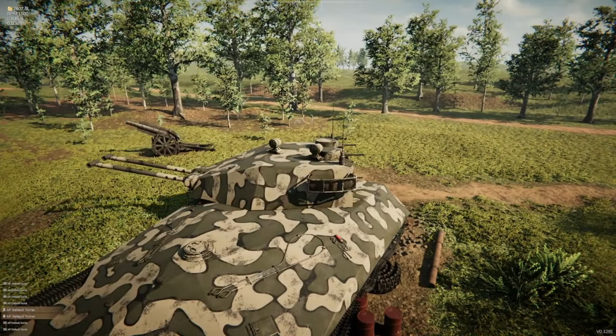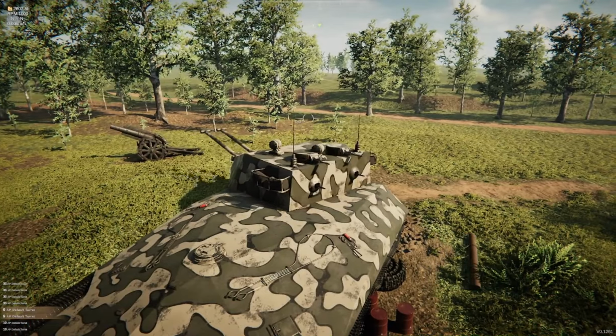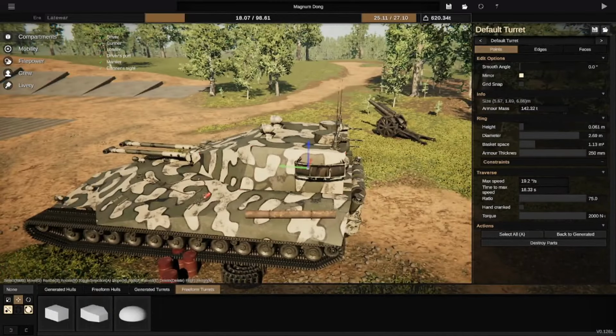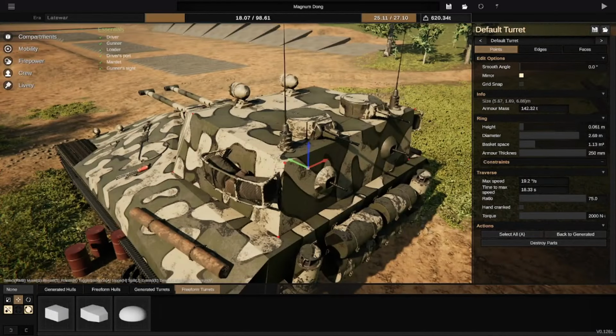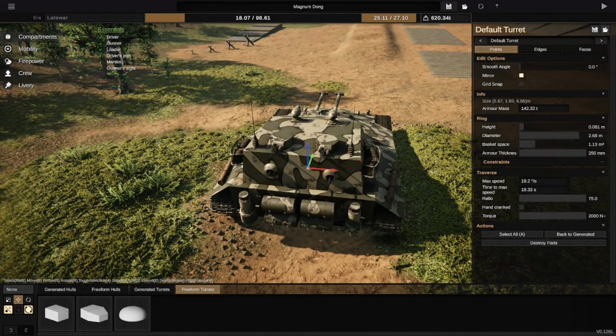Not sure where the ring is. It seems like it might be where it belongs, but there we go. It seems like it's moving. Alright, so what we're going to do is we're going to test this in the field. I don't know why everything is falling off. So if you guys could tell me in the comment section why everything falls off my tank, let me know. I would really like to know what I did wrong. But other than that, let's go ahead and we're going to test the Magnum Dong in combat and see what